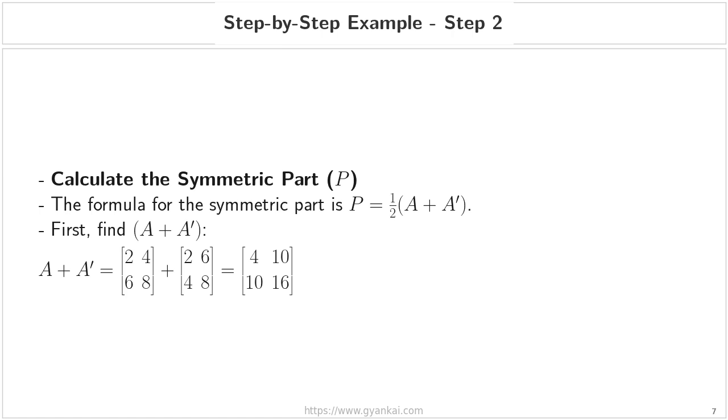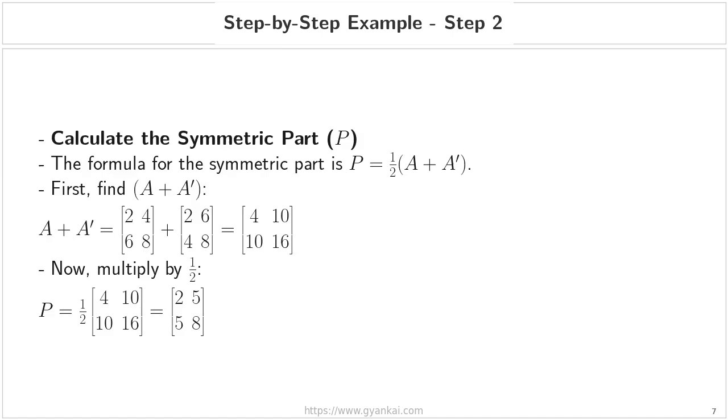First, let us perform the addition inside the parentheses. We take matrix A, which consists of the elements 2, 4, 6, and 8, and add it to A transpose, which consists of 2, 6, 4, and 8. By adding the corresponding elements, we get a resulting matrix with the values 4, 10, 10, and 16. Next, we must multiply this resulting matrix by the scalar 1/2. When we multiply each element by 1/2, we arrive at matrix P, which contains the elements 2, 5, 5, and